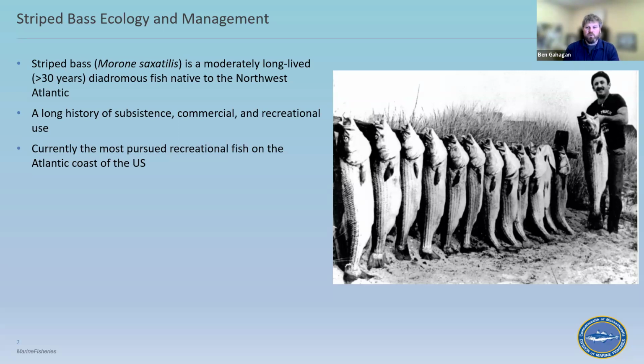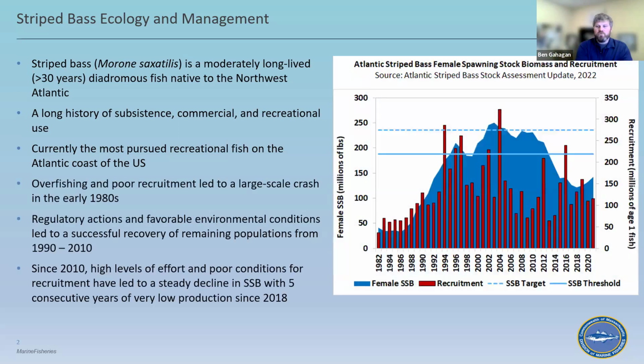Now, historically, this has played out with a likely extirpation of populations from rivers that were dammed over the past centuries, but it's also meant that we can often predict the amount of fish we will see down the road from juvenile abundance surveys in important estuaries like the Chesapeake and Hudson. As is noted on this slide, we've seen a huge swing in striped bass abundance over the past 40 years as environmental conditions and regulatory frameworks have combined to push the abundance of striped bass both up and down.